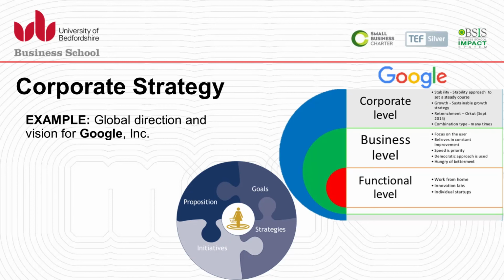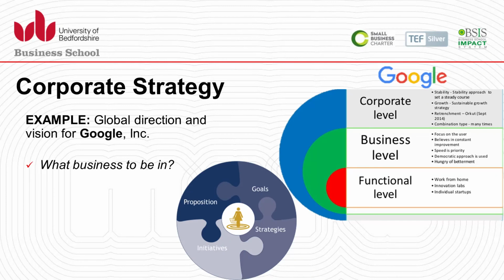And we have a strategy for its sustainability, and again it is retrenchment. We are also looking for a combination of different types of organizations at many different times, and how organizations will be setting long-term goals and objectives and making decisions, which are again supported by the business level strategy and, bottom up, by the functional level. So when we look at Google, for example, corporate level strategy,